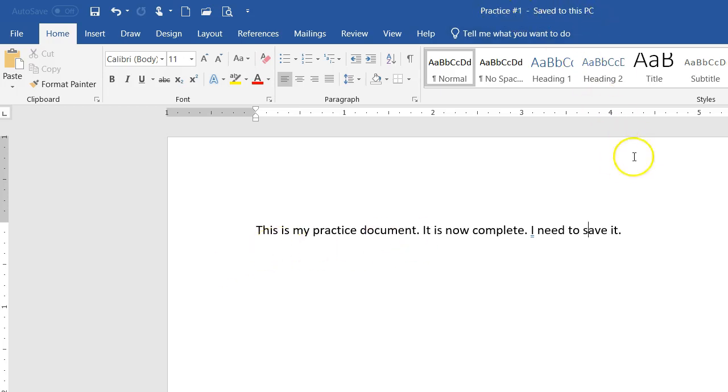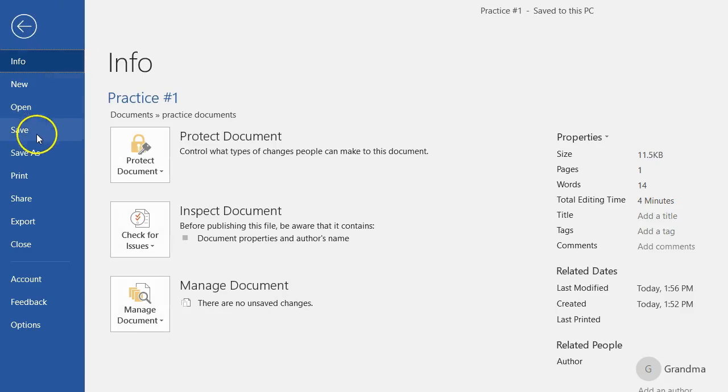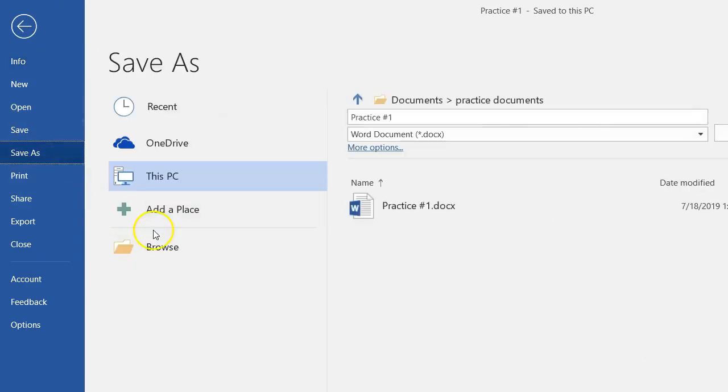I've saved it. Okay, so let's say I need to put the Practice number 1 document in a different place. If I go to the save icon, it's just going to save it. It's not going to ask me where I want to put it. I've already named it. It's just going to save it. If I want to move it to another location, like to a USB or to another folder, you have to go to File, Save As, Browse,